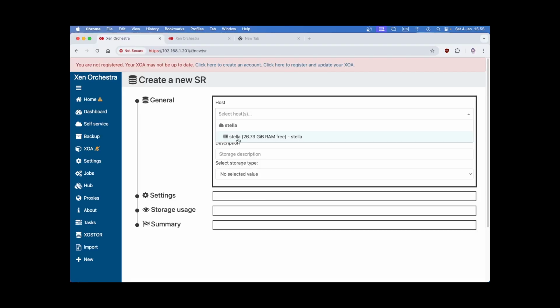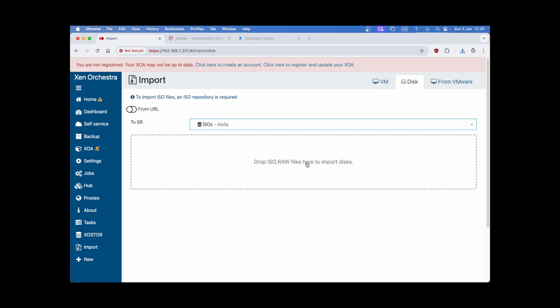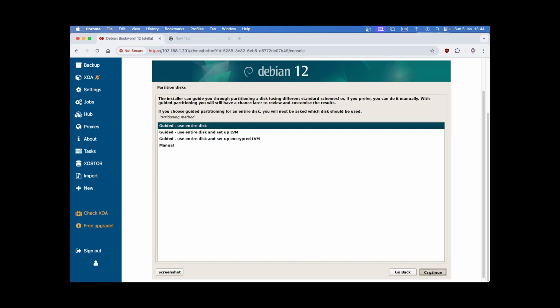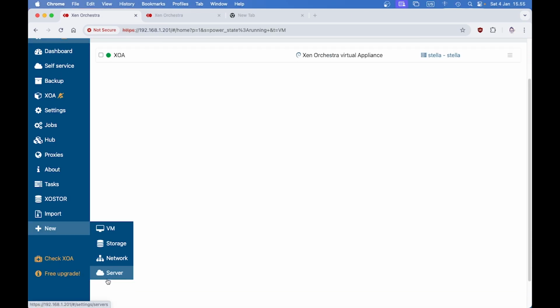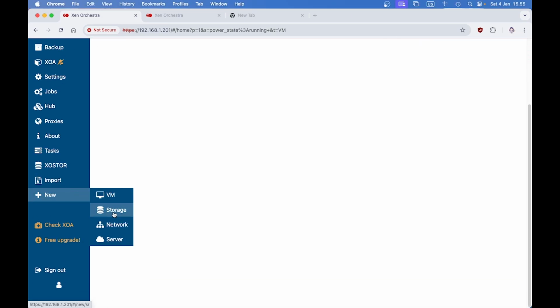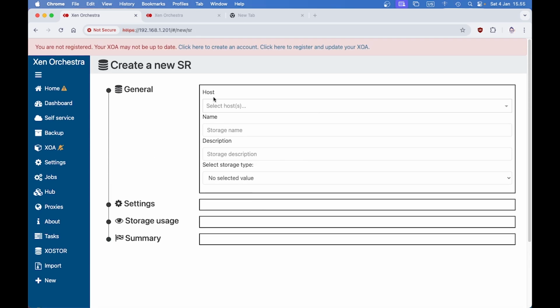In this video, we are going to configure additional VM storage, upload ISO to XCP-ng, and create Debian VM on it. Let's get started. To create additional storage for VM, we will go into New, Storage, and select the host,